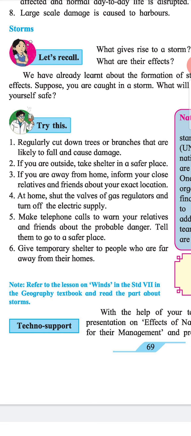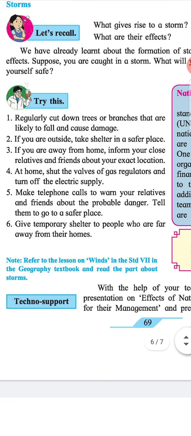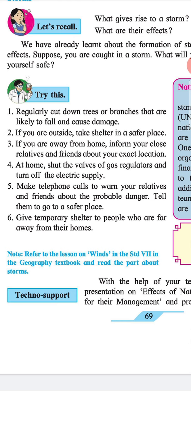Tell them to go to a safer place. 6th, give temporary shelter to people who are far away from their homes. Note: refer to the lesson on winds in Standard 7th in Geography textbook and read the part about storms.